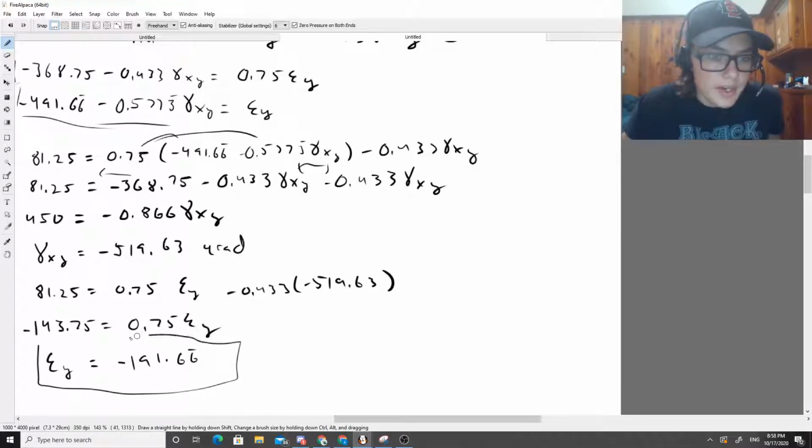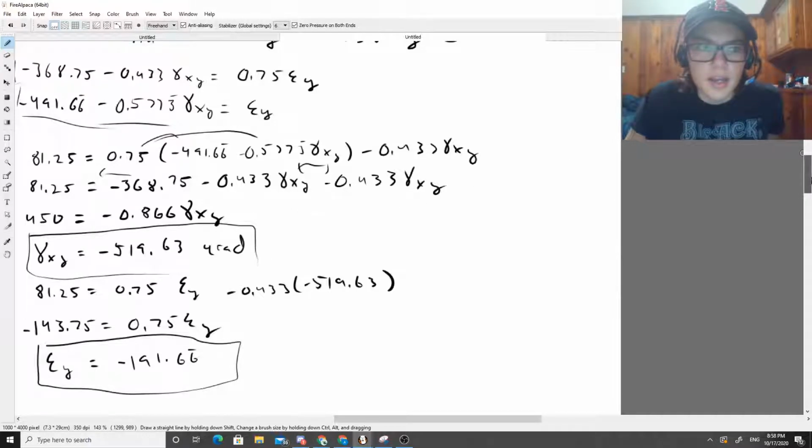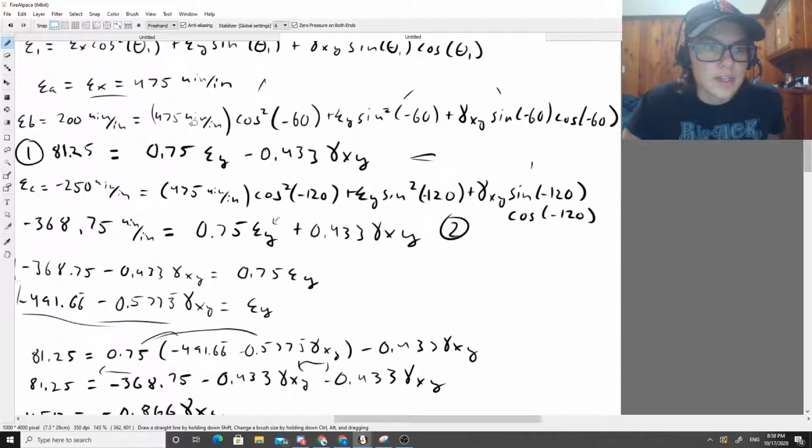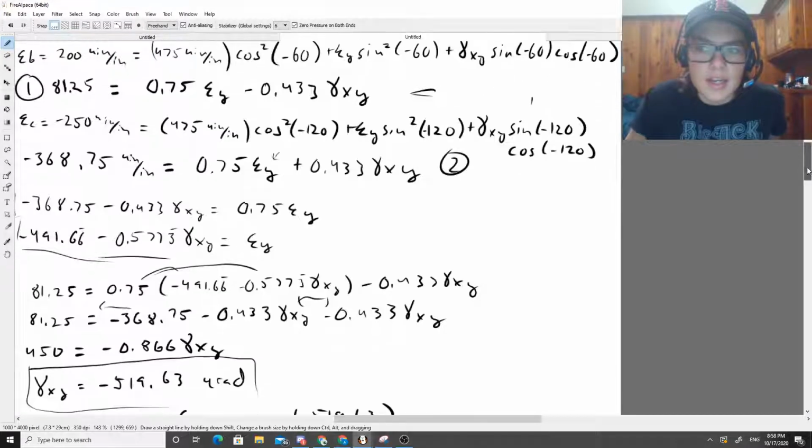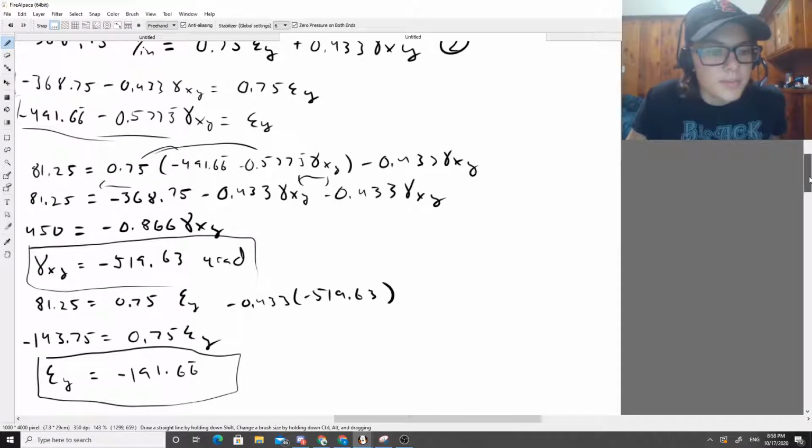So that's pretty rad. Now we have everything in terms of what we need it to be in terms of: strain x, strain y, and gamma xy. Where's my strain x? Here, all the way up here. And as you can see, we have a pretty large positive strain x, a smaller negative strain y, and we